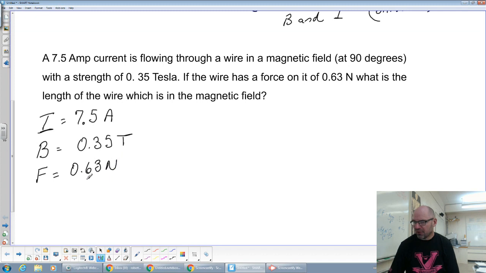Okay, and the angle is at 90 degrees, so that's going to give us the maximum. Okay, so that's going to tell us that we have to do a sine 90, which we know is 1, if you check it on your calculator. Okay, and what we're trying to find here is what is the length of wire that is in the field